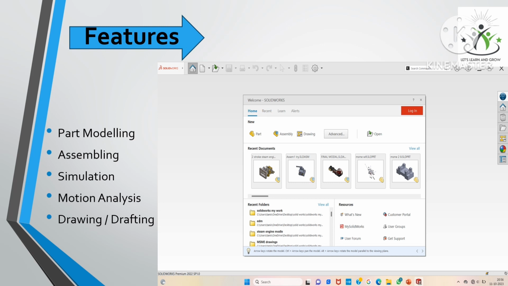In drawing, we can see each and every piece of information of the part, like its isometric view, side view, and top view. We can easily see all the views in drafting or drawing. In simulation, we can simulate the parts. In motion analysis, we can analyze the motions.